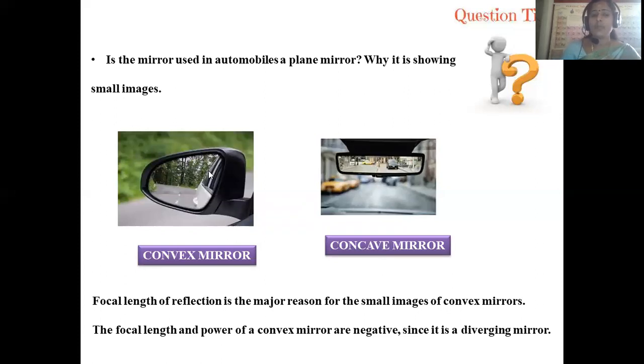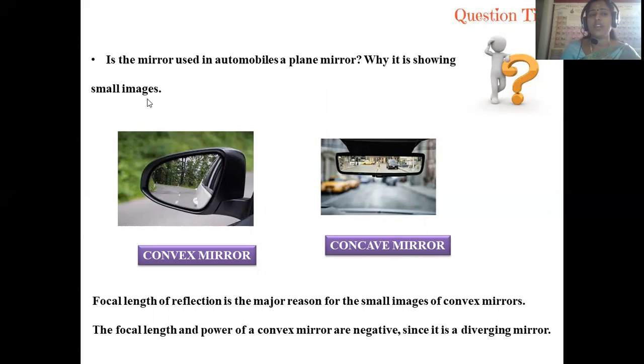If you observe the outside mirrors of any automobile, they give the image of the objects present in the surroundings as a small picture, right? Inside the vehicle, it is a kind of system where the curvature will be inside, and the object will be represented in this. So the answer: are automobiles using a plain mirror? No. One is an outside curvature mirror called a convex mirror, the second is an inside curvature mirror called a concave mirror.